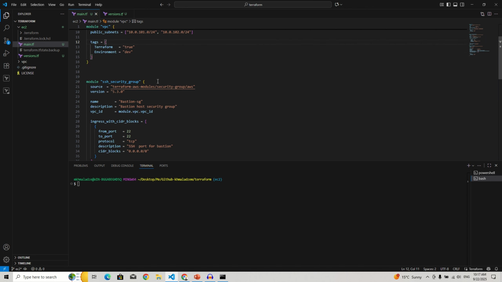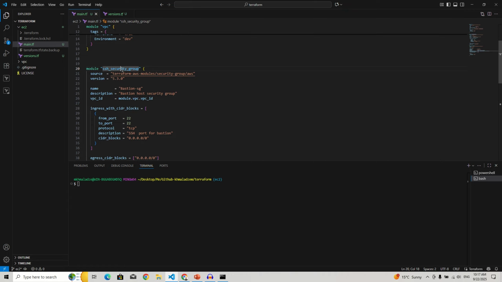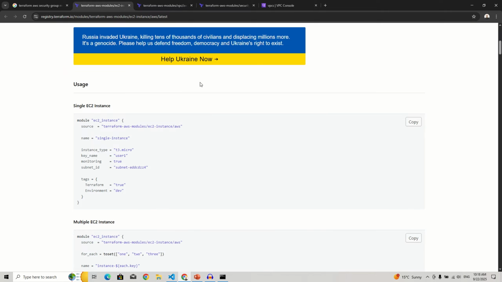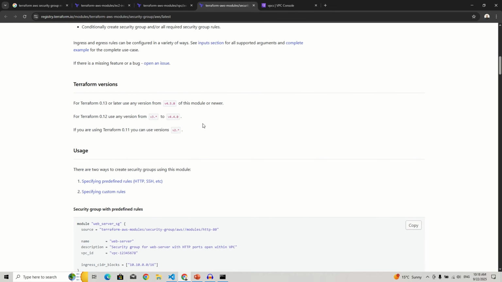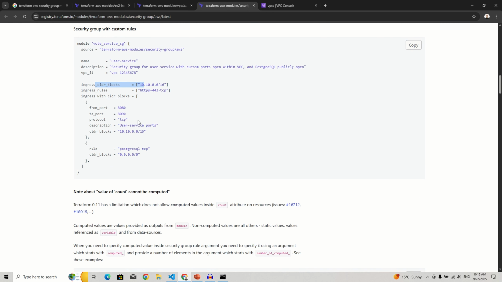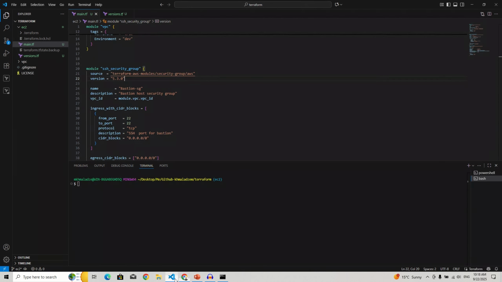What we have next is the SSH security group. I named it like this. Its source code is here. We have the version, and I copied it from here. Source, name, description, VPC ID, ingress CIDR blocks. Yes, I copied it from here and changed it